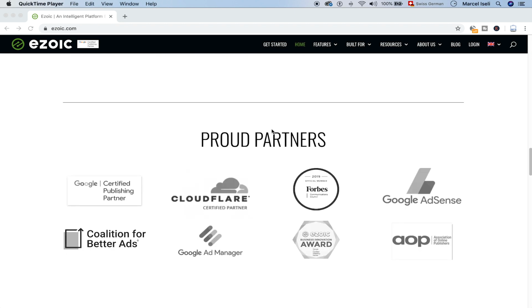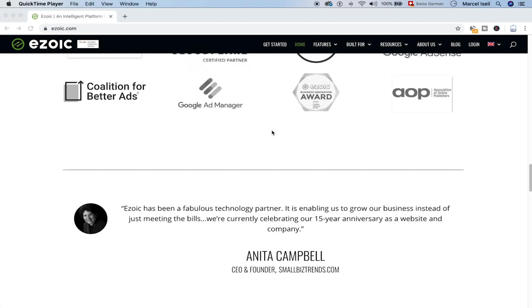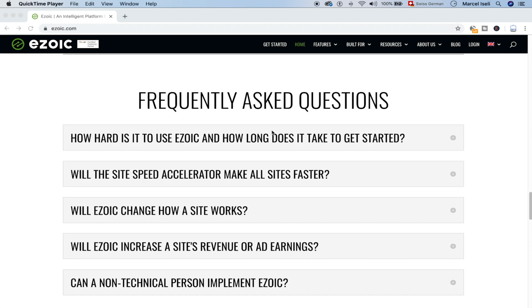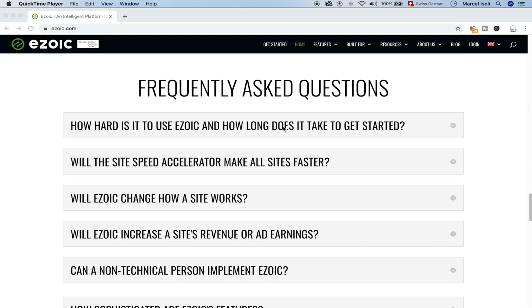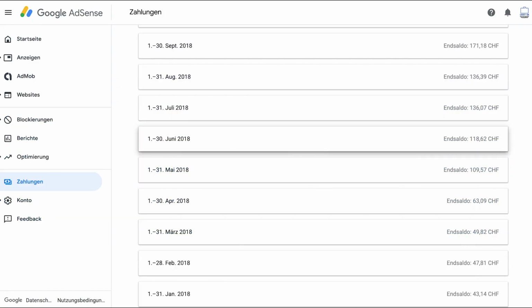I would now like to show you exactly what I earned with Ezoic, and also a screenshot of my earnings earlier on with Google Adsense, and you will see that there is a big difference in earnings. With Google Adsense I was only able to earn about $100 to $150 a month. The earnings in this screenshot are in Swiss francs because I'm Swiss, so I get those stats in Swiss francs rather than US dollars.